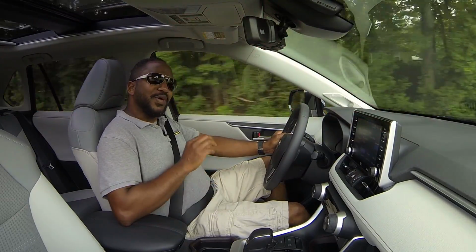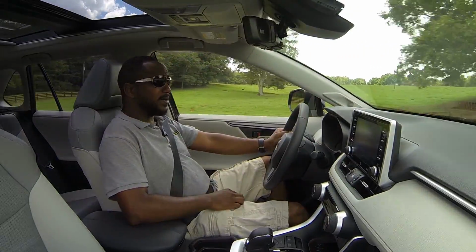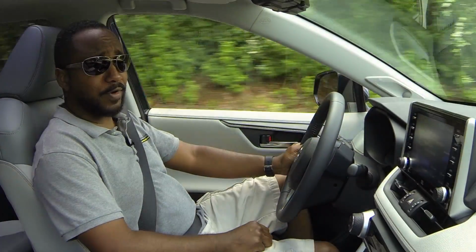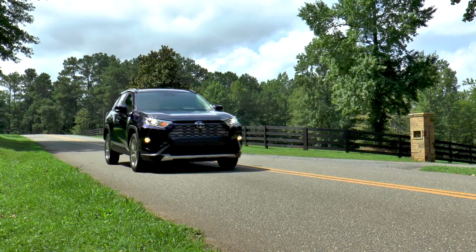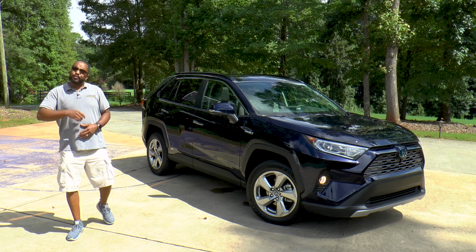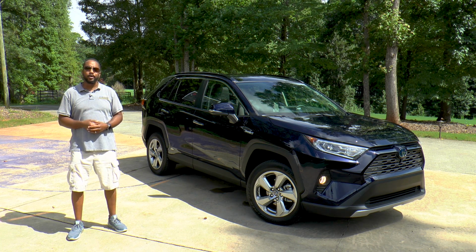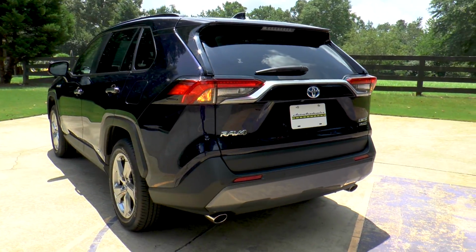Having said all that, the best thing about a well-engineered vehicle like this RAV4 is that no matter which trim you buy, they all drive well. And the base RAV4 is less than 26 grand. So there you have it, guys, the totally redesigned 2019 Toyota RAV4 Hybrid Limited with all-wheel drive. Having spent more time in it, I can honestly say it's as good as I remember. And while it's priced considerably more than any RAV4 that came before it, it's also way better than any RAV4